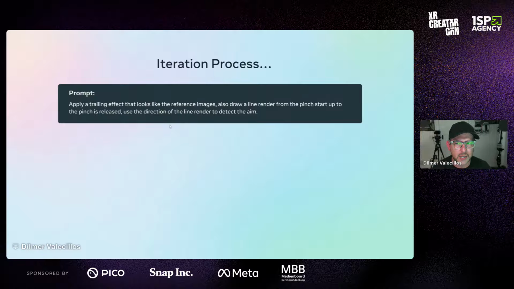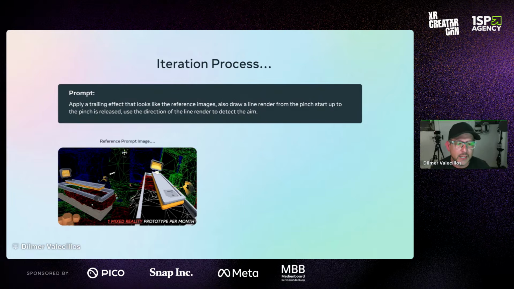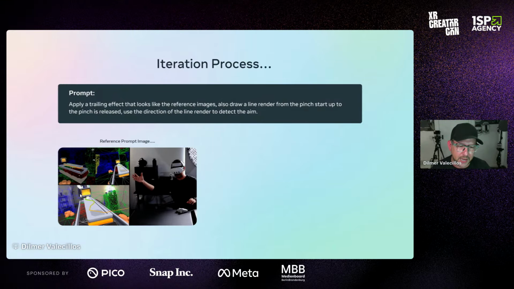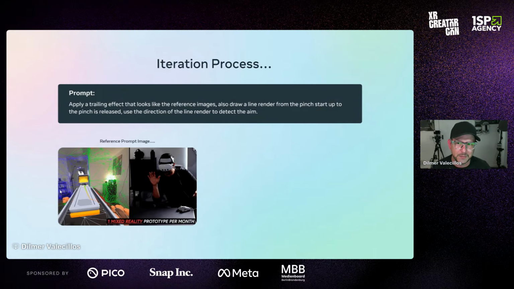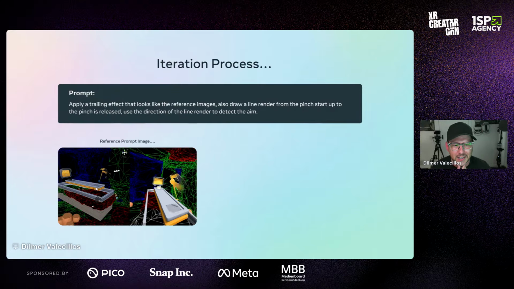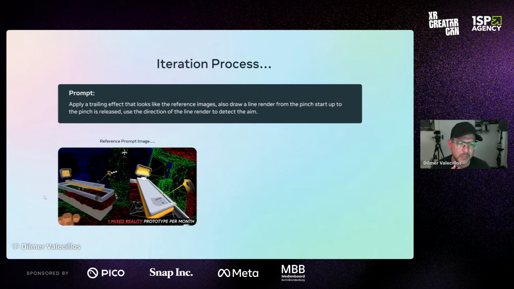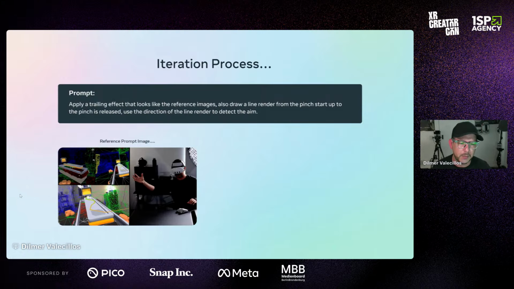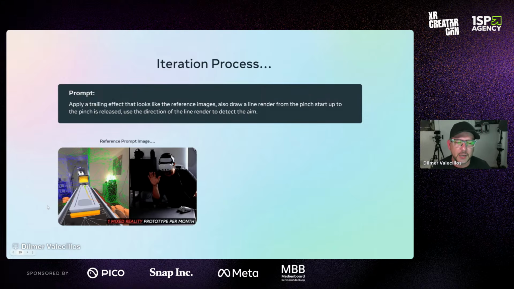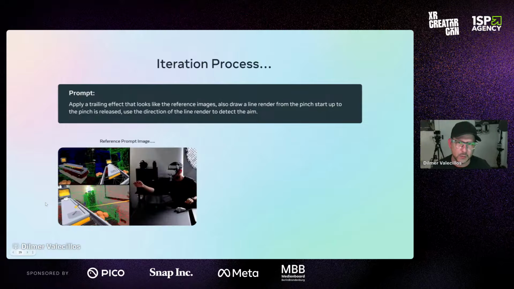And I'm going to show you that not only can you specify a prompt via text, but you can also add reference images from prototypes that you built in the past. And that's what I did. This is something that I built in the past for Meta, before working for Meta. And this was when the Presence platform was announced. They wanted to build more tabletop type games. So I'm like, okay, I'm just going to make a bowling game that basically will sit on top of a table